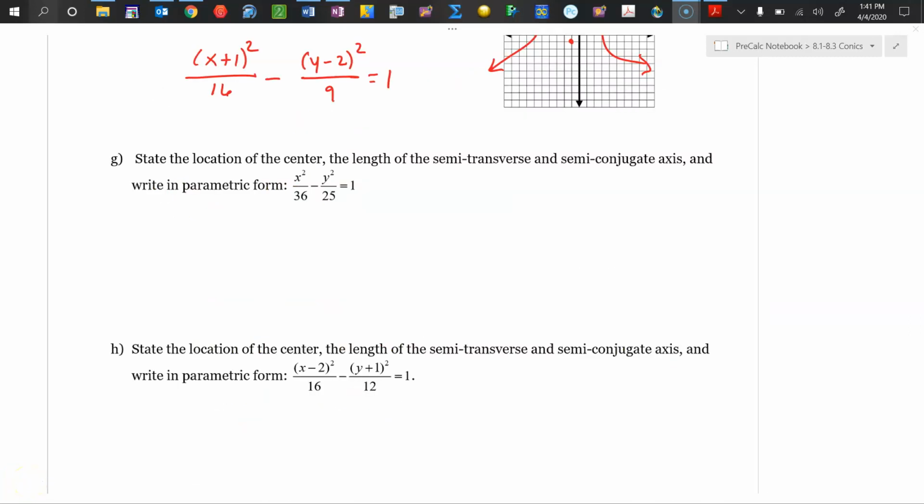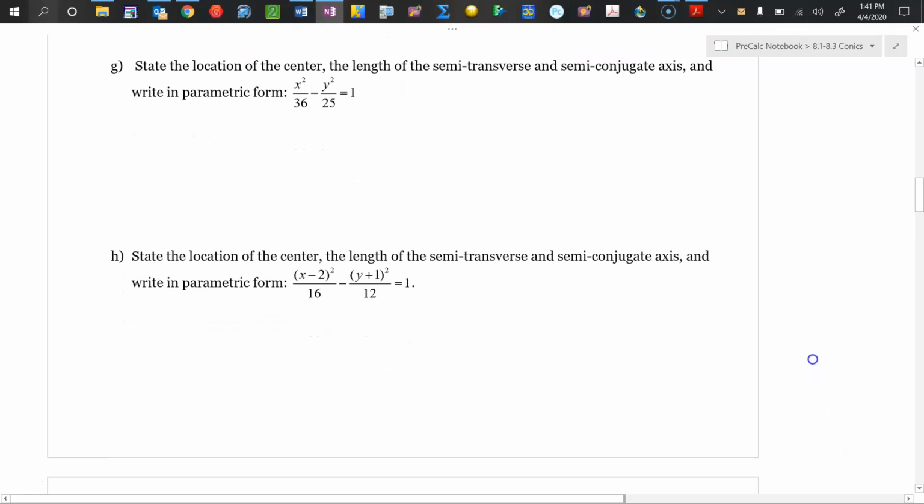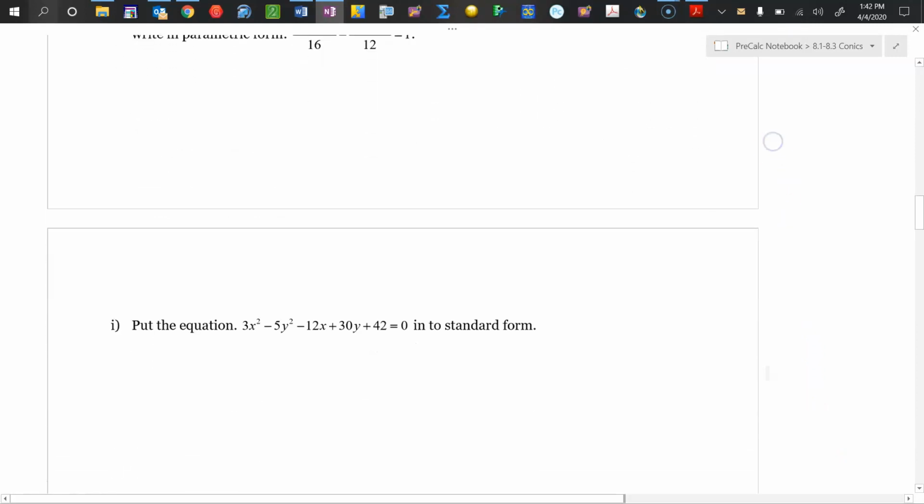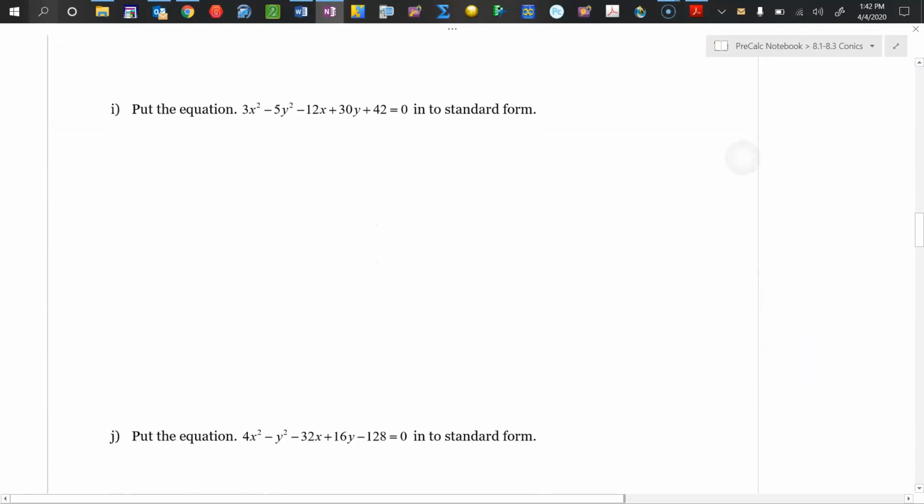As we have in the past, we're going to skip the parametric forms for conic sections. So we're going to skip G and H, and we're going to move on to taking the general form and writing it in standard form. And the way this works is the same way that it works for the ellipse. We're going to have to complete the square and put it in standard form. So I'm going to show you how to do I, and then you're going to do J on your own